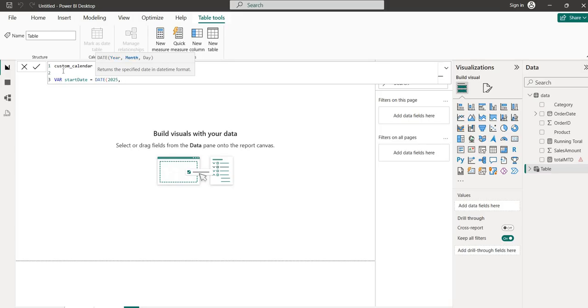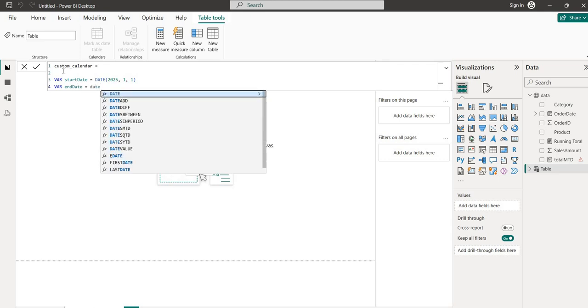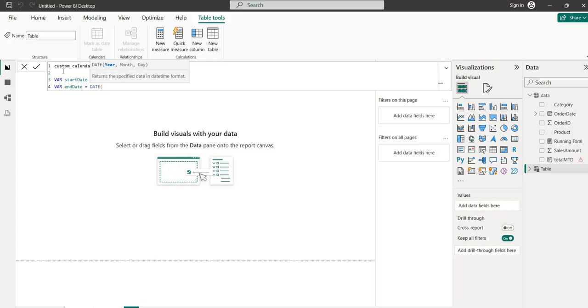then 1st January, like this, and then the second variable is end date. Then mention the year 2025, month is 12 and 30. Okay,